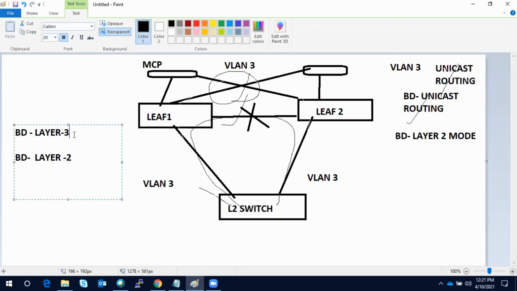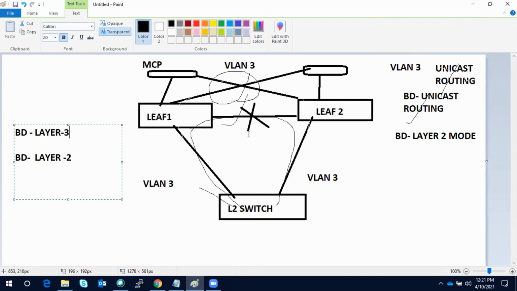Okay. So if the fabric is acting as a layer 3, then there is no chance of an STP loop, right? But when the fabric is acting as a layer 2, then we need to enable certain things. There is one setting in the BD that will act per VLAN, and there we need to tweak some settings so that it can block if any loop is there. Actually the ACI fabric itself doesn't support STP, but it will not disallow any BPDUs or any topology change notifications.